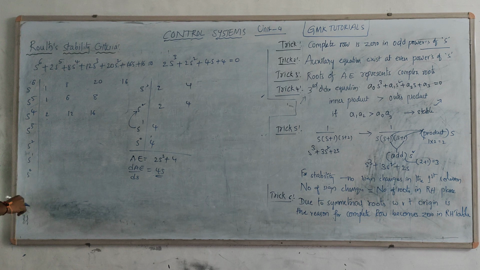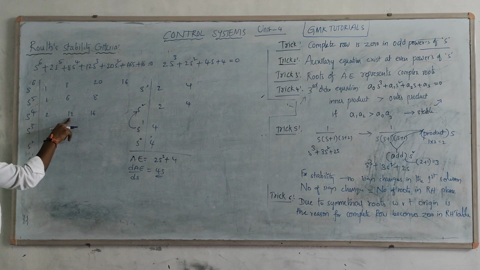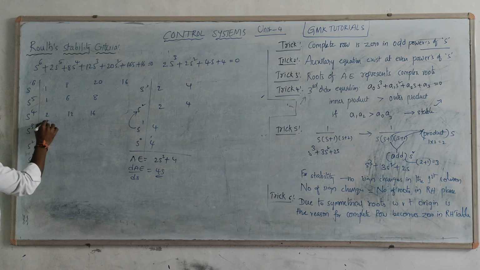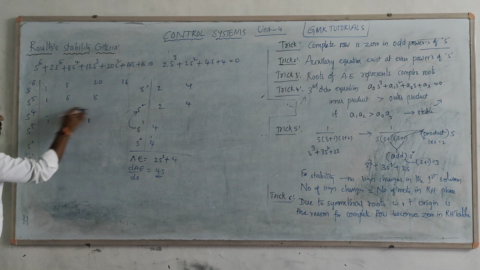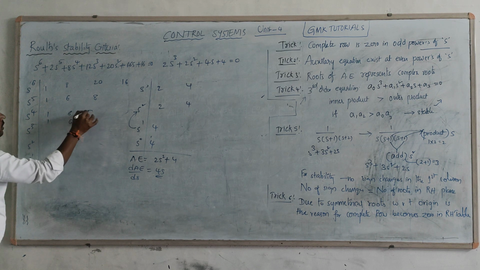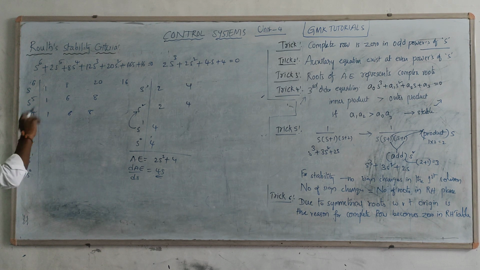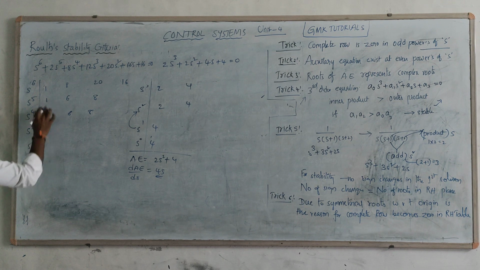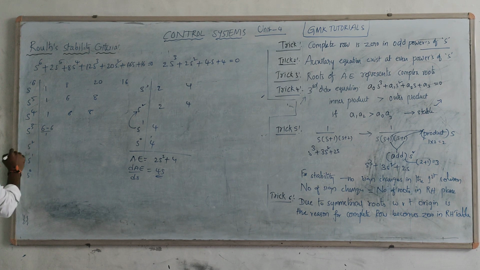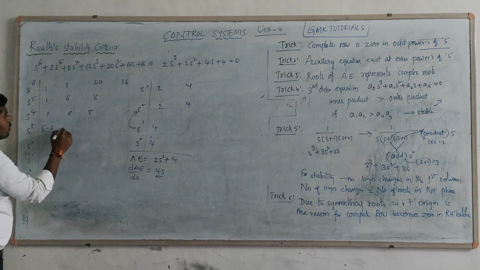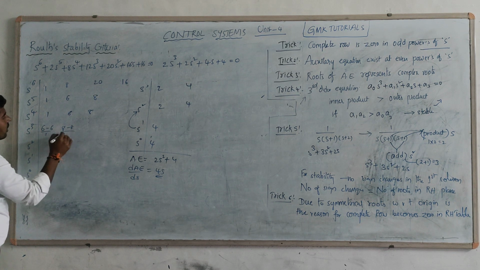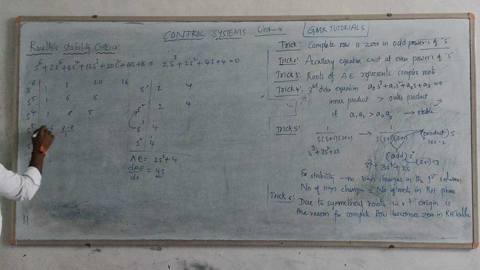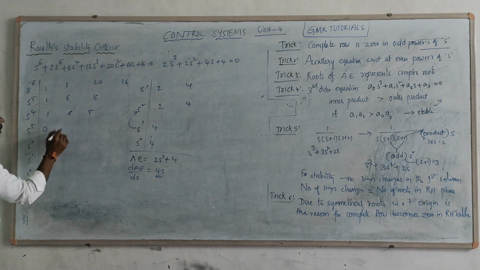So again there is a possibility for division. If you divide this number, you will get 1, 6, 8. Okay, same numbers, 1, 6, 8. I will just replace with the numbers 1, 6, 8. As usual, normal procedure: 1 into 6, 6 minus 6 divided by 1. Next, 1 into 8 minus 8 divided by 1. You will get 6 minus 6 is equal to 0, and 8 minus 8 is equal to 0. So this value is equal to 0.